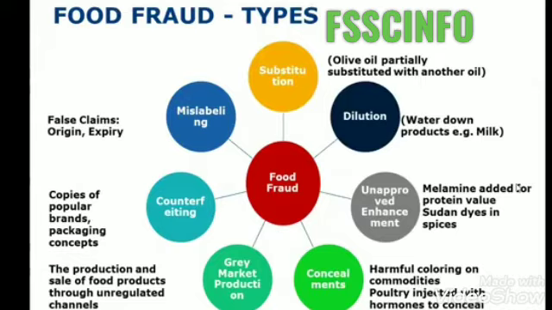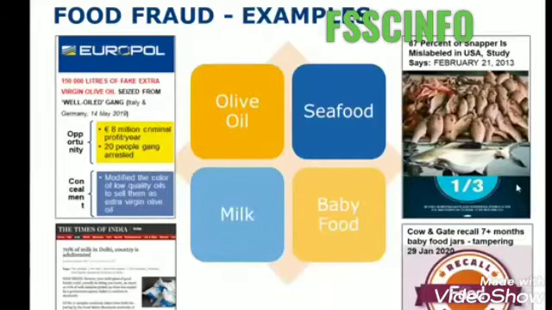And sometimes there is expiry date pasting, tampering of the expiry details, tampering of the origin details. So this is also another type of food fraud. So these are the 7 different sorts of food fraud which are normally found in the market. And then I will share with you some recent examples and some examples from the past.